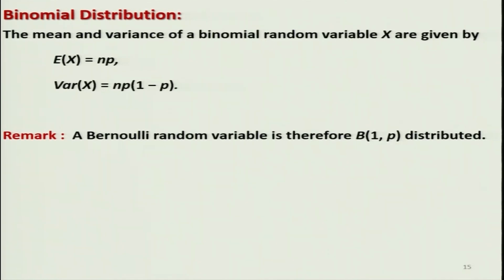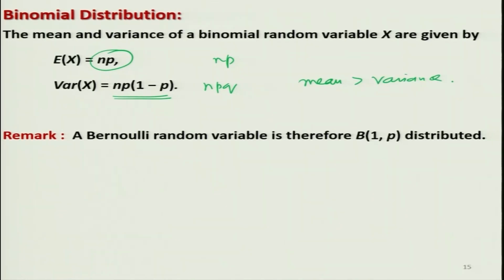So in the case of binomial distribution, the mean of X can be found to be small n into small p, and the variance of X can be found as small n p into 1 minus p, or we write down here say n p q. So the mean here is n p and variance here is n p q, right. And you can see here that p and q are always going to lie between 0 and 1. So you can see here in this case mean is greater than variance,